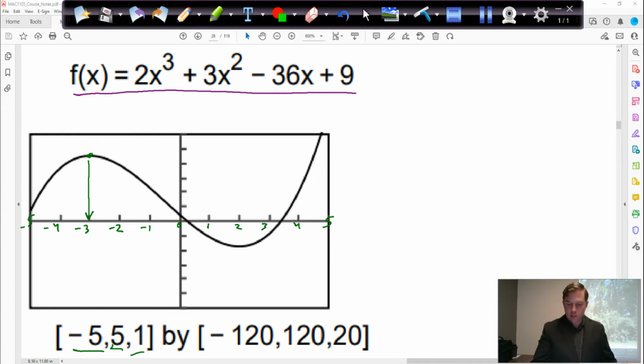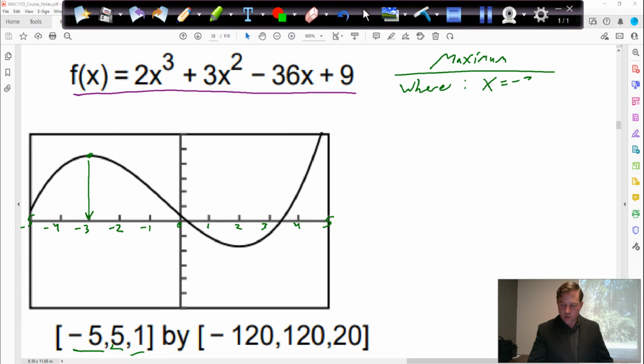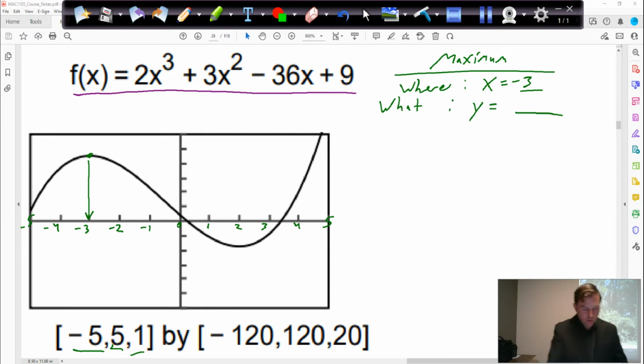And we can see that the maximum, the where of it, is x equal -3. On your homework, you just have to type in -3. You don't have to type the x equal. And then the what of it is going to be y equal to what? Well, in this one, we can go over,